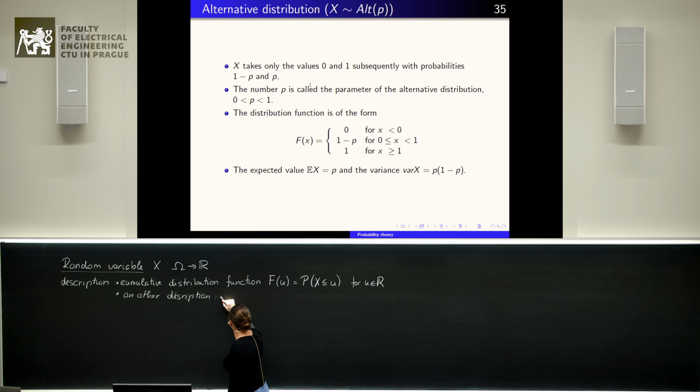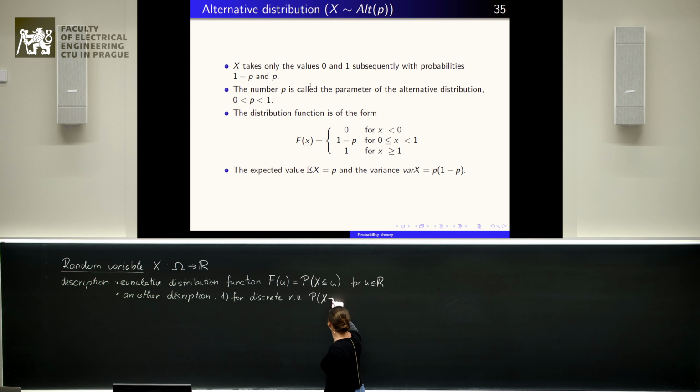And we said that for discrete random variables, we can use a more natural description,